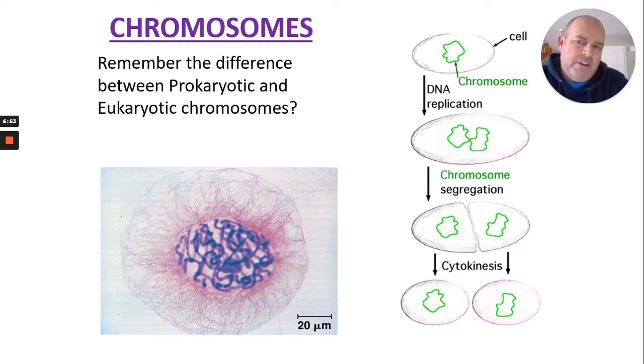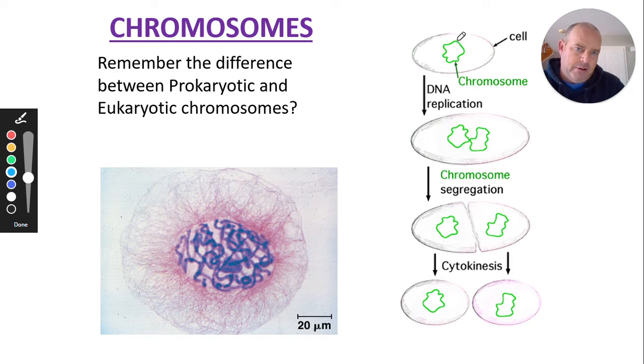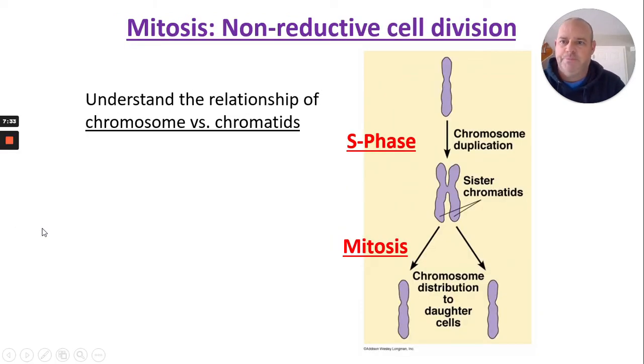So remember the difference between prokaryotic and eukaryotic chromosomes. The one I just showed you would be eukaryotic, and they are more linear. Remember that a prokaryote has a circular chromosome. One circular chromosome is all prokaryotes have. Eukaryotes have many linear chromosomes. Okay, and as far as cell division in a prokaryote, and we'll mention this again a little bit later as well, you basically have your circle of DNA, and then it copies through replication. So now we have two circles of DNA, and then the cell is going to split, and that's pretty much it. It's super simple. It's going to be a little different for eukaryotic division.